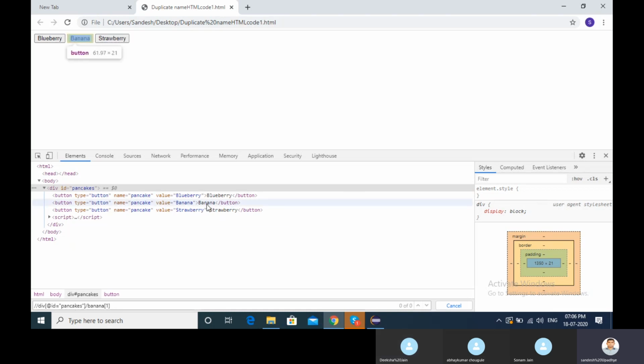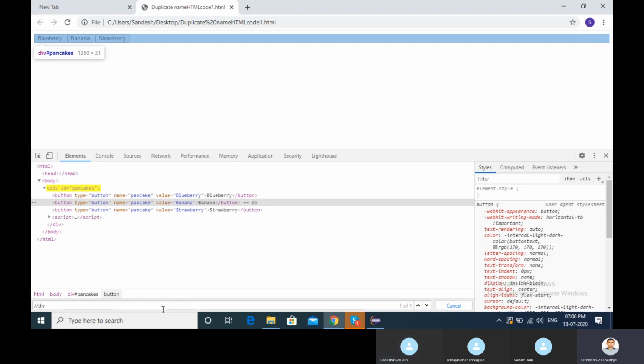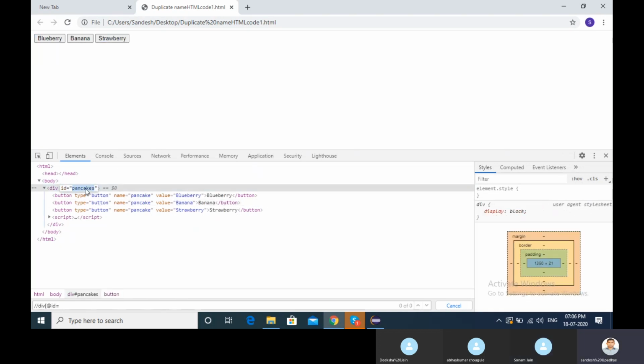Let me copy this. Sorry, double slash div, bracket, at the rate id is equal to pancake.